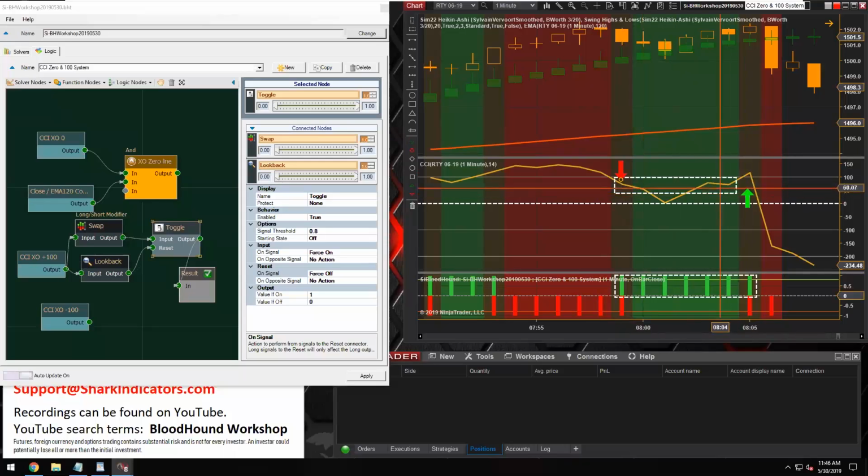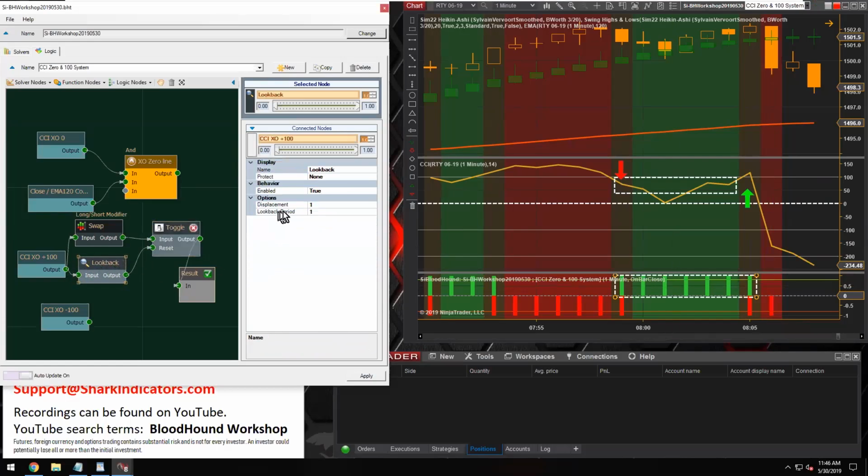And then when the CCI crosses above 100, if we look at Bloodhound's output, we can still see we're getting a long output. And then it turns off one bar afterwards. It turns off on the bar afterwards, right? And that was because we used this look back with a displacement, which delayed the signal that's turning off the